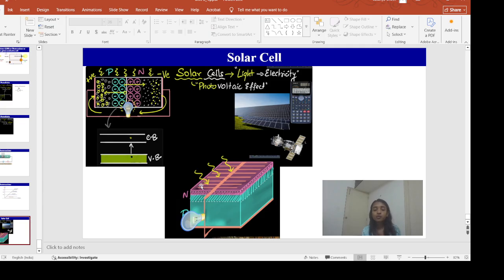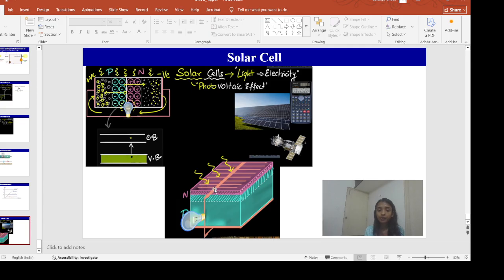Now if I want to connect this solar cell to some external device, I need to have this metal contact. But if the metal contact is very thick, then what will happen, more light won't be falling on this semiconductor material, and then it won't reach the depletion region. But if we are having a very thin metal contact, then thin metal wires will have a very large resistance, so that also we don't want.